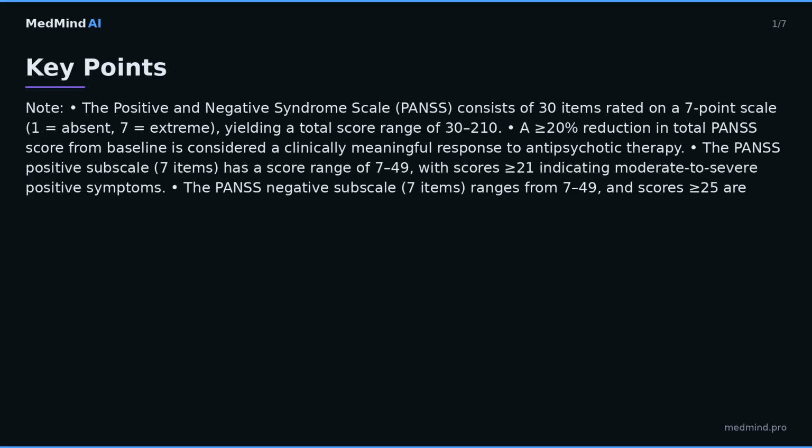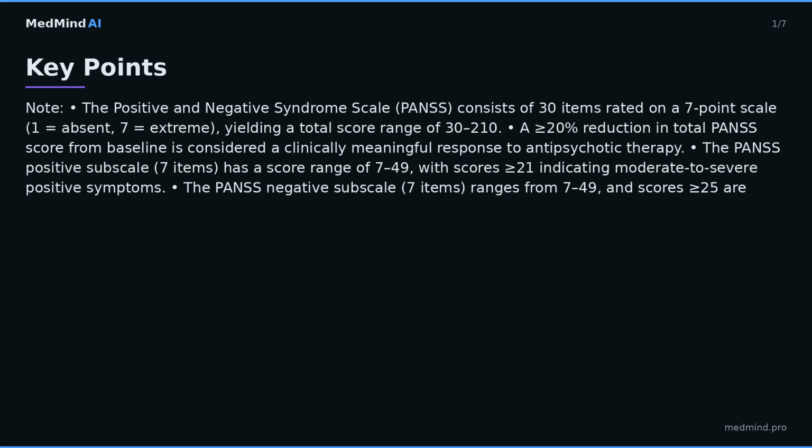Key points. Note: the Positive and Negative Syndrome Scale, PANSS, consists of 30 items rated on a 7-point scale, 1 equals absent, 7 equals extreme, yielding a total score range of 30 to 210. A greater than or equal to 20% reduction in total PANSS score from baseline is considered a clinically meaningful response